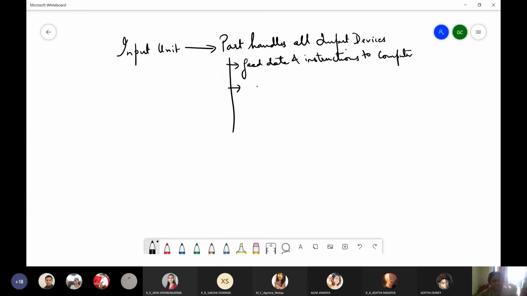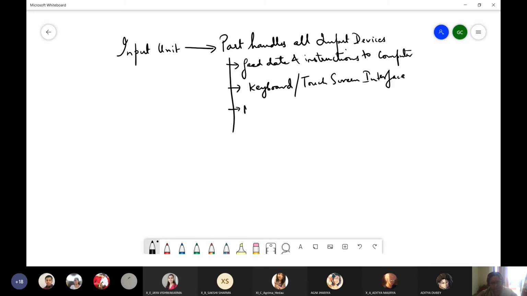The very primary and basic type of input device is your keyboard. Right? So keyboard is the very basic type of input device, and along with this, nowadays, because we are more dependent on our smart devices, that is smartphones and tablets, the touch screen interface is also a very commonly used input device.